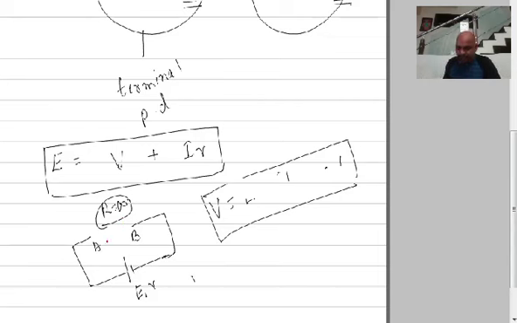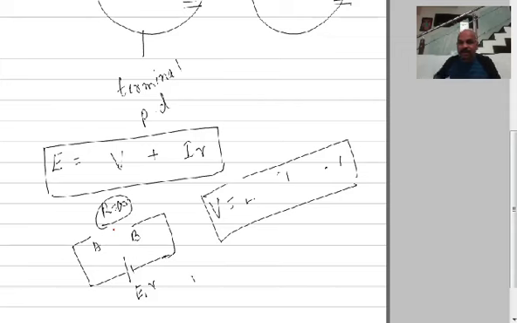There is a gap here, and if you connect a voltmeter across the positive and negative terminal of the cell in an open circuit, it represents the EMF of the cell. That means there is no external resistance; the external resistance is equal to infinity. So external resistance is infinity means it is an open circuit.